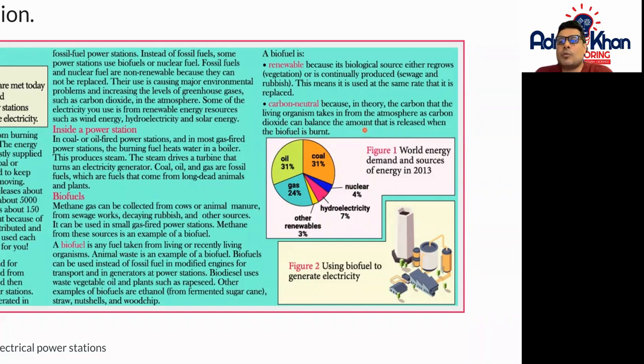So this particular Figure 1, world energy demand and sources of energy in 2013, is quite old, but gives you an example. The coal was 31%, oil was 31%, gas took up